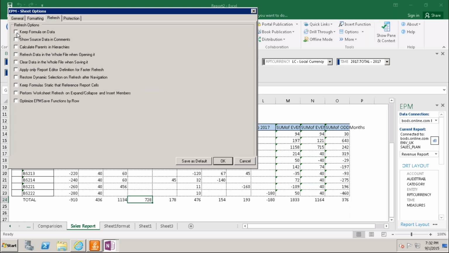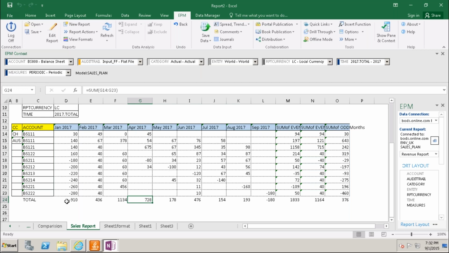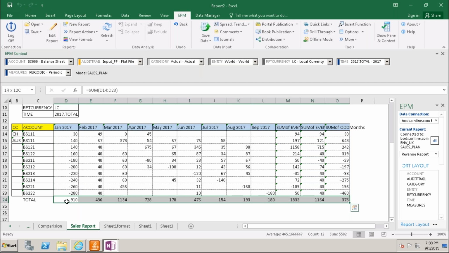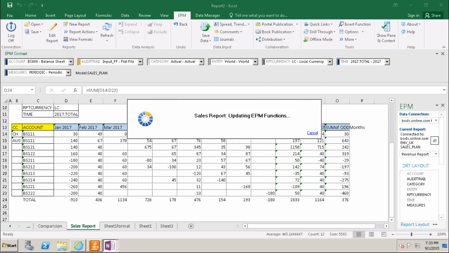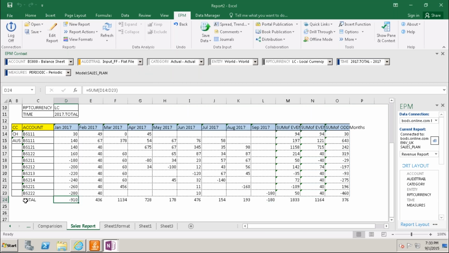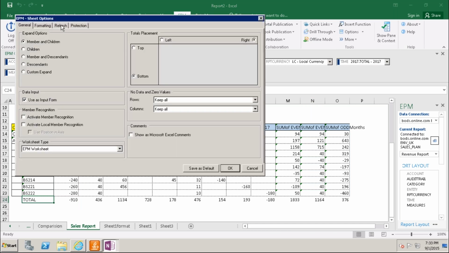When you keep this formula on data, it will still remain. Even when you refresh, it won't vanish from this report. So this is one option, refresh.